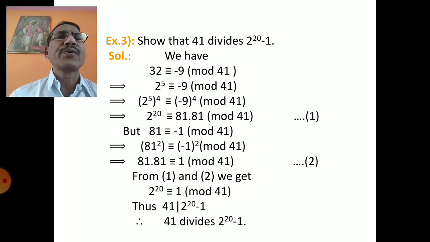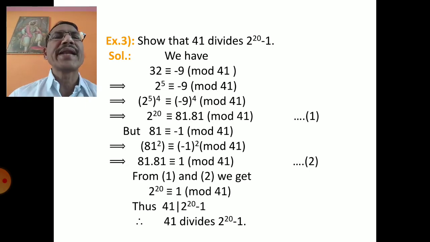We have to obtain 2 raised to 20, and it can be obtained as 2 raised to 5 raised to 4. 2 raised to 5 raised to 4 is 2 raised to 20. 2 raised to 5 means 32. And we observe that 32 is congruent to minus 9 mod 41, because